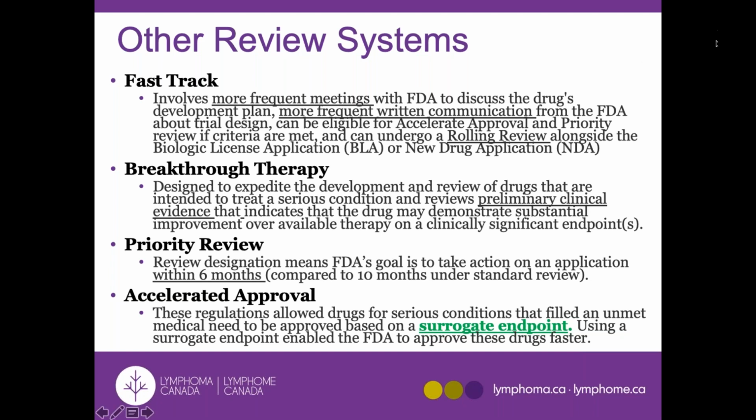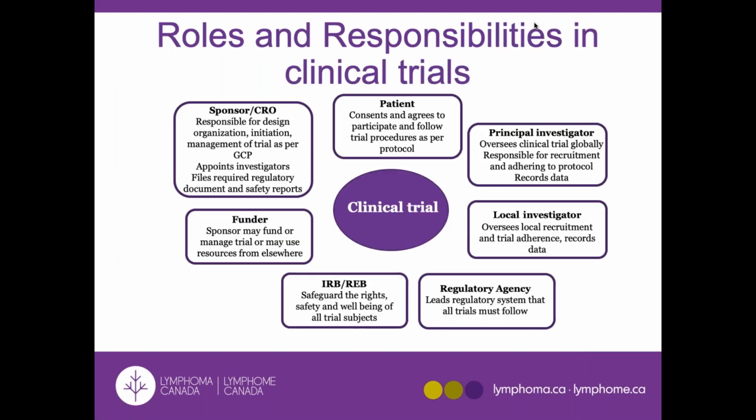There's breakthrough therapy, where it's possible to use, again, other clinically significant endpoints that might take less time. Priority review, again, reviewing within 6 months rather than a longer period of time, and then accelerated approval, where there's again the surrogate endpoint. So these different processes in Canada and the United States are pretty similar, and the whole intent here is to speed clinical development, so new drugs are approved faster through the same clinical trials,